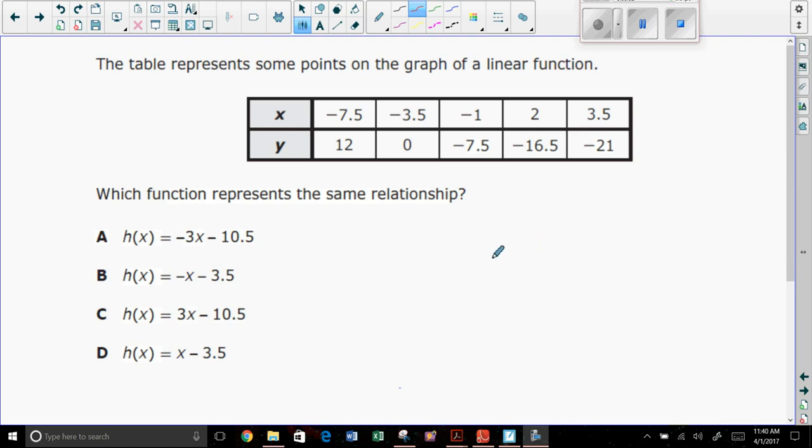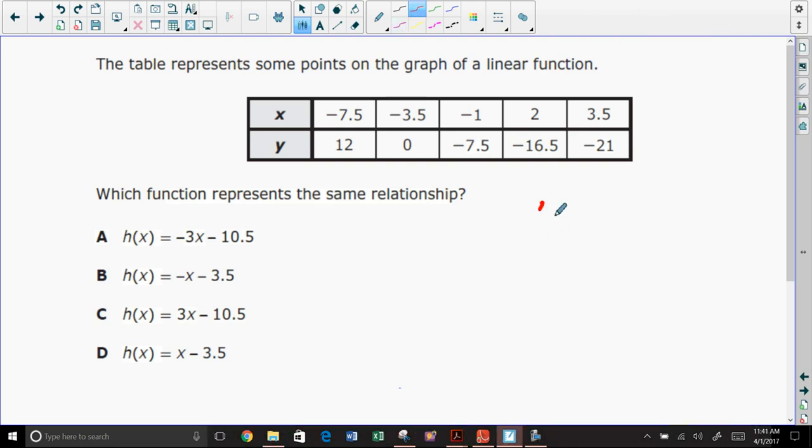So in this problem, it says a table represents some points on the graph of a linear function. We have our table right here. Which function represents the same relationship? Alright, so probably the best way to get this answer is to use LNS and DNS, lists and spreadsheets and